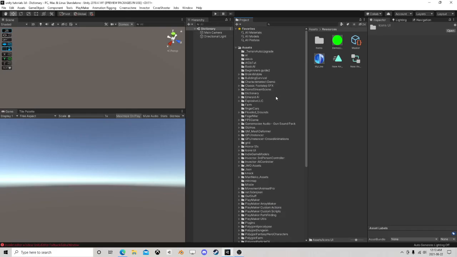Hey, I thought I would do just something small on dictionaries. One of the things I like to do in my projects is have dictionaries. They're like a list or an array, slightly different, but they're not really supported by PlayMaker. Are they needed? No, not really, but I like them. I use them. So I thought I'd show you how